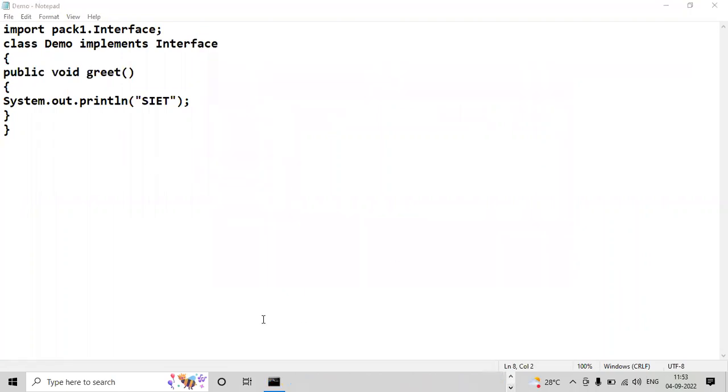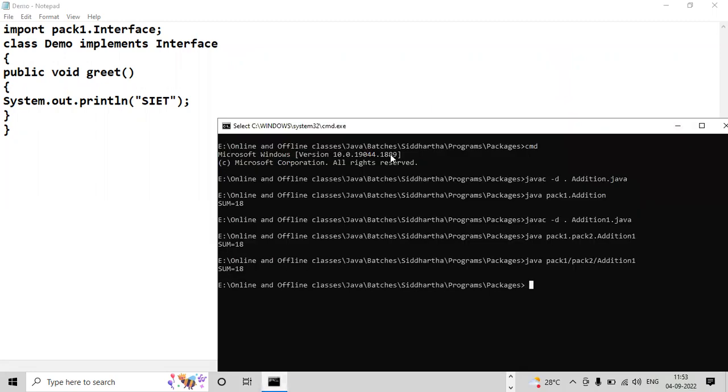Now first program. Can you compile the interface program? Yes, compile. How do you compile? When you are explaining, not only the creation of a class that we have done, we can create an interface also inside a package. You can show that also in your exam. javac space -d, because the interface is part of package pack1. So javac space -d space dot space, what is that interface name? interface dot java. You can compile that, no problem.